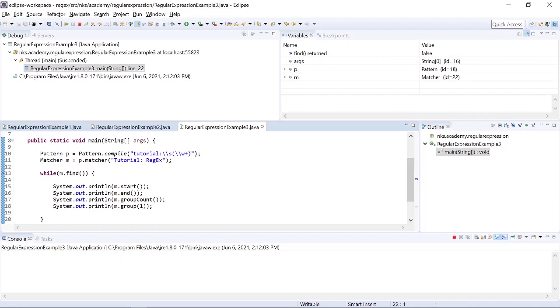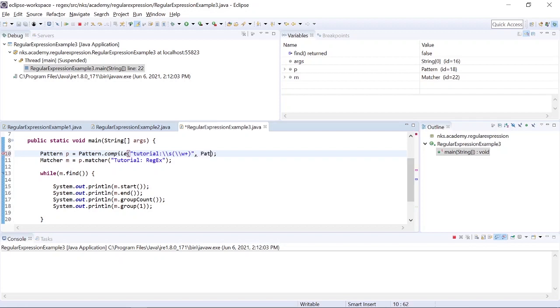Now why it is happening like this is, you must have remembered we enabled the global flags, which is not enabled in the code. That's why it is not matching. You can see here we have given capital T and in the regex we have written small t. That's why it is not matching. Now to do that, we need to enable the global flags here also.